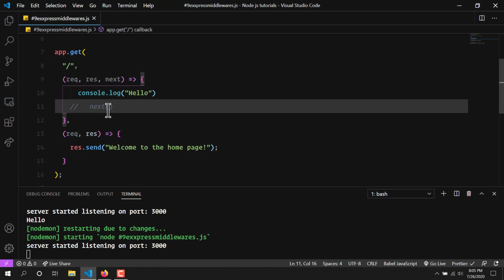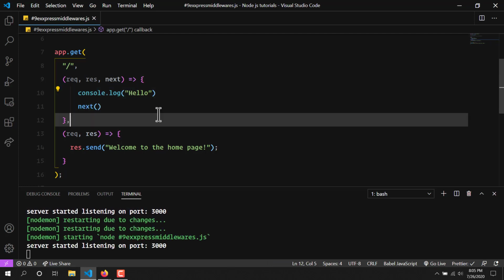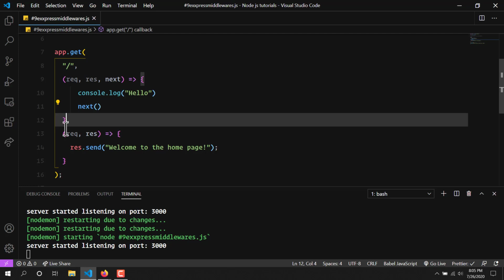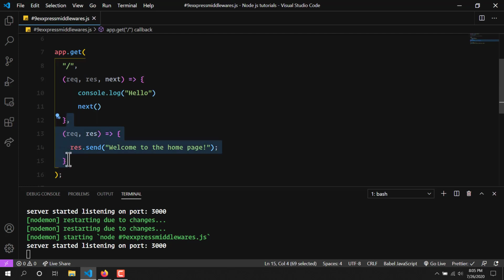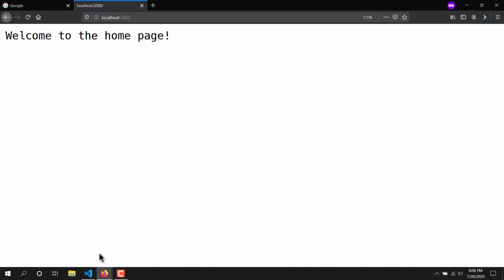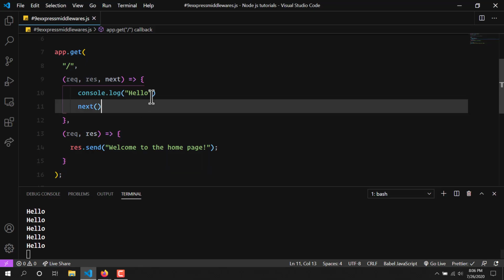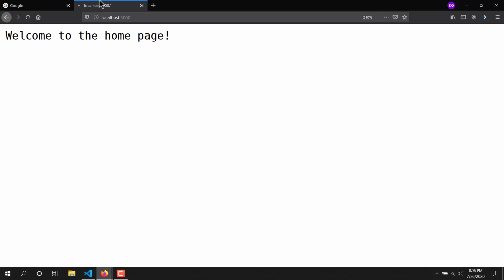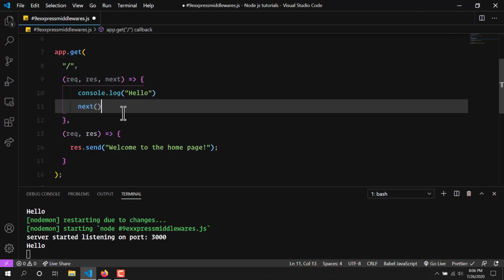By putting next in our code, it will first console.log and then call next, which allows you to run this third function. So now if I refresh this, as you can see our page is loading, but if I remove this next, then it's not going to load. So this is how you can use Express middleware.